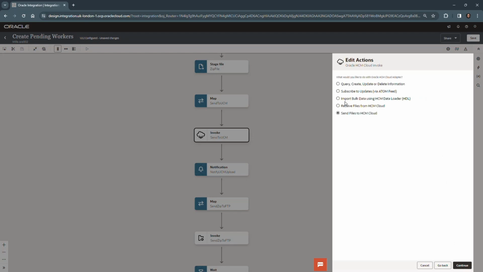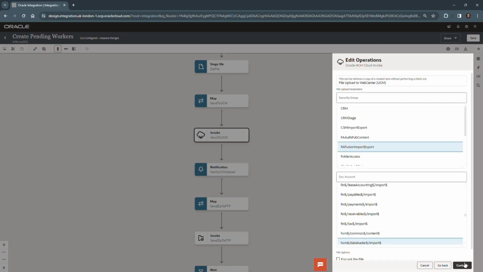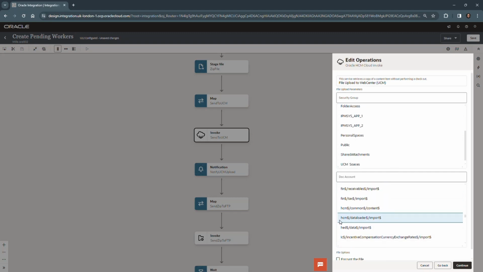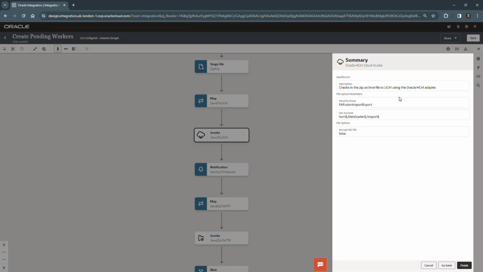We chose that action option. Notice all the other actions I can do on HCM Cloud. So this is simply the send files to HCM Cloud, where now I need to use the FA Fusion import export security group, the data loader import,